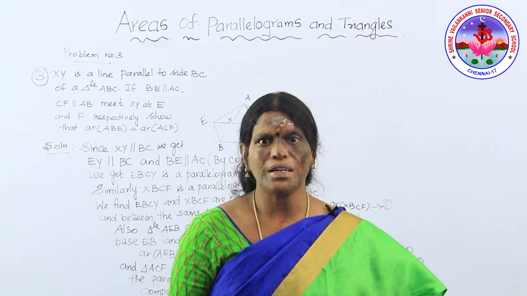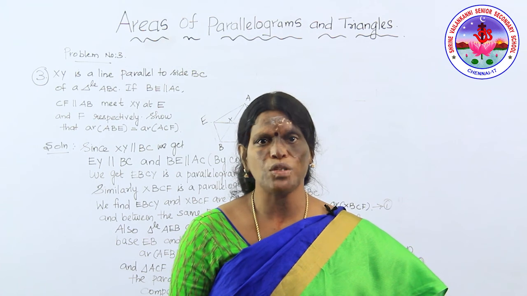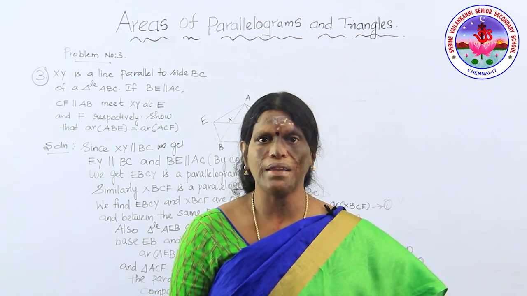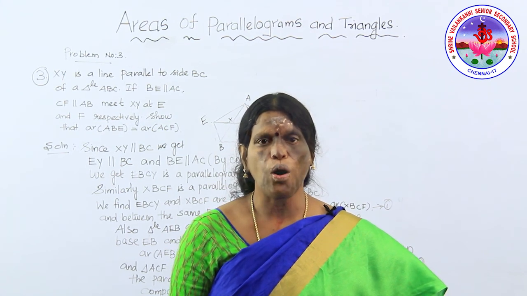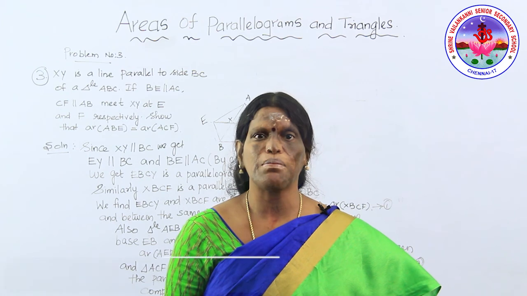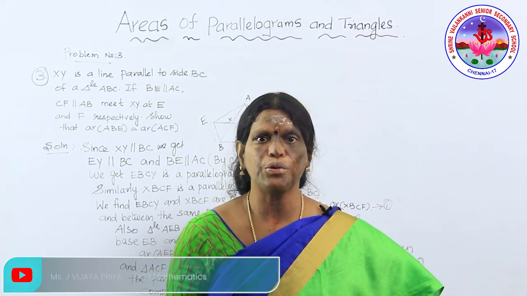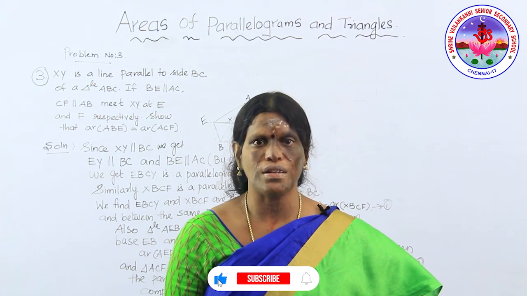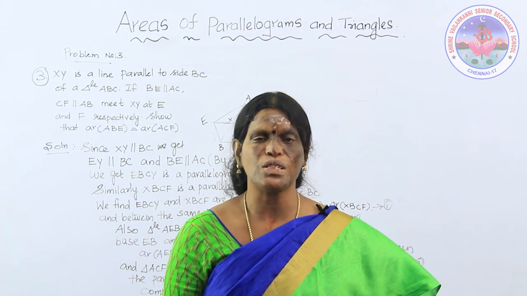Hereby, we come to the conclusion that using the theorem, if two parallelograms on the same base and between the same two parallels are equal in their area, as well as the triangle and the parallelogram on the same base and between the parallels, the area of the triangle is equivalent to half of the area of the parallelogram. Similarly, for the two triangles on the same base. So we use all these theorems in the problem and hence we solved it.